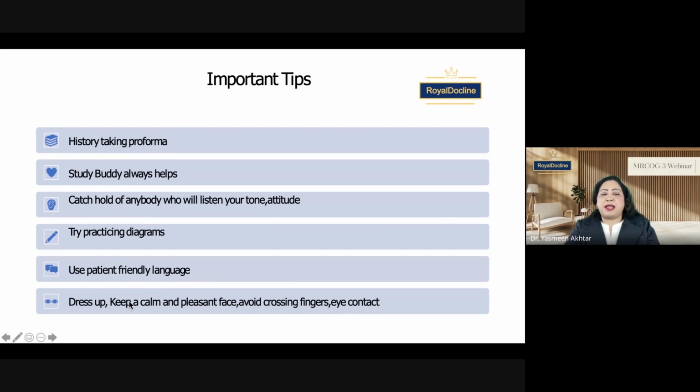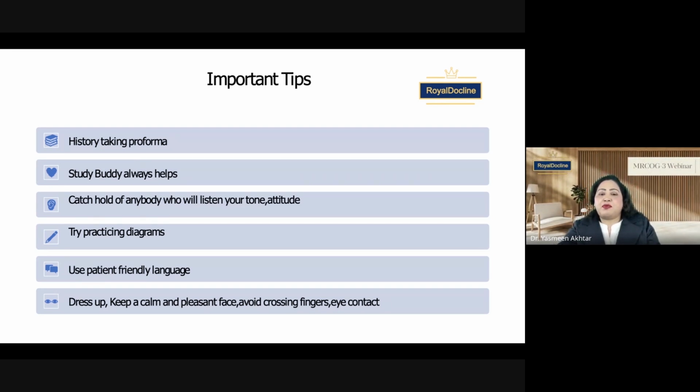Keep calm and pleasant. Your face should be pleasant, smiling. Although from inside you are dying, you have to put a smile on your face. You have to show you are very calm. And please avoid taking any medications which are sedative or anything, or the beta blockers. People are using the beta blockers because of the tachycardia.